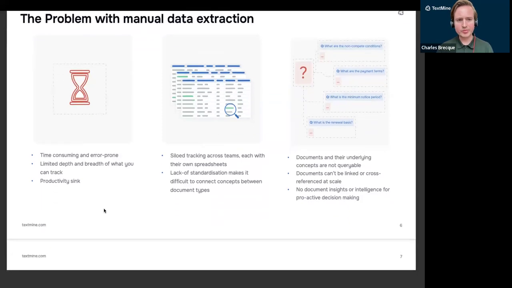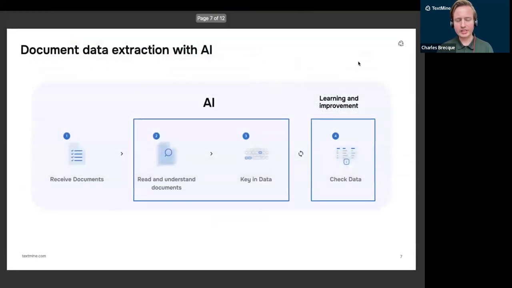So in terms of where AI would fit in extracting data from documents, it would effectively take care of steps 2 and 3 of a typical manual document data extraction process. So the AI piece can help read and understand documents, and then help with the extraction and automation of data entry.